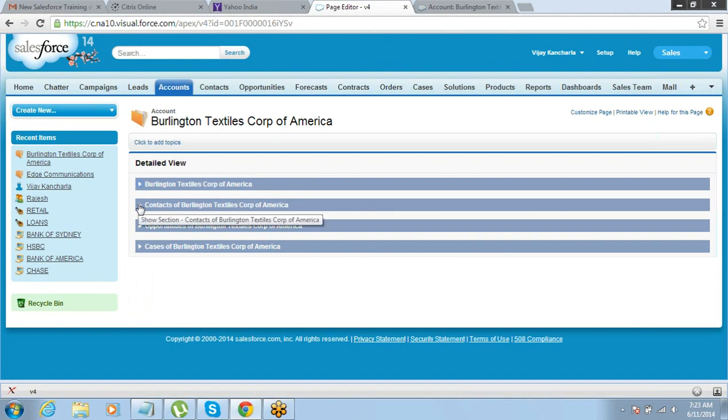Same kind of thing I'm going to do, but in my next example I will create small tabs. For all of these things we'll create tabs, okay. By clicking on the tab you can see the details, okay, and then you can go to other related list also, okay. So this is one way of displaying the data. Let me create a page where I create tabs.